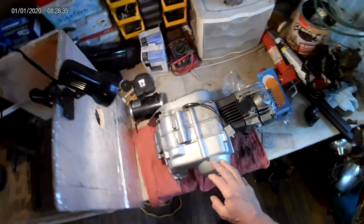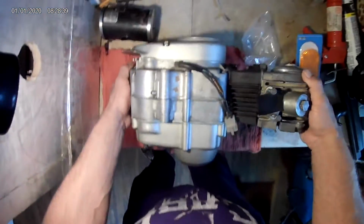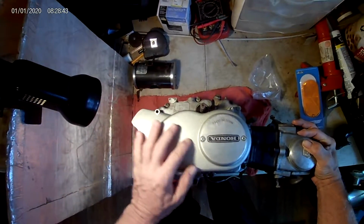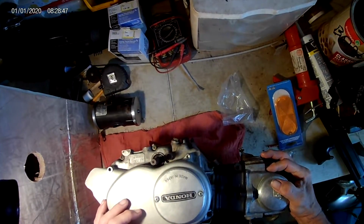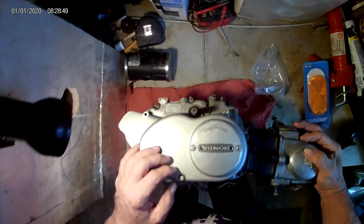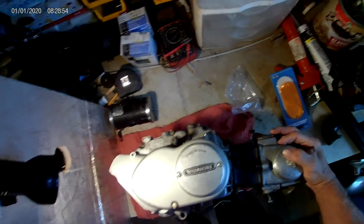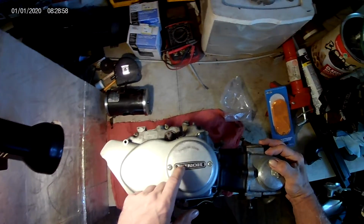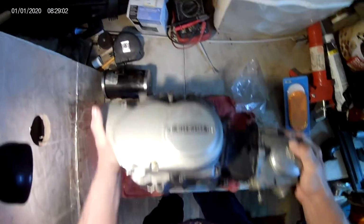But this turned out pretty good. We're gonna flip it over. I painted this part here. Had to get different bolts because whoever put those in, it was all twisted. And I filled this in with permanent marker and rubbed it out, and it looks pretty good. It's upside down, but